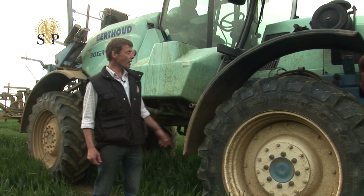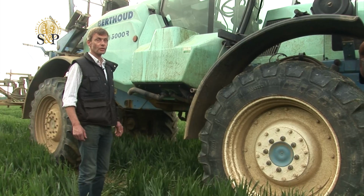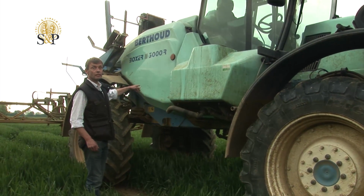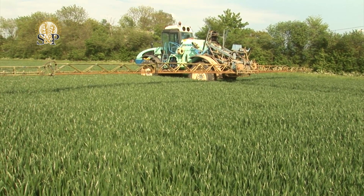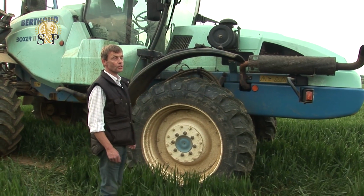Looking at the design of the sprayer, it's got big wheels to give it clearance underneath so we don't damage the crop as we're passing through it. The tank, 3,000 litres of product in there, and it's sprayed out with a 24-metre boom. We've got a big engine on the front which drives the wheels and the pump that puts the spray through the booms. First thing I'll have to do is obviously get into the field,